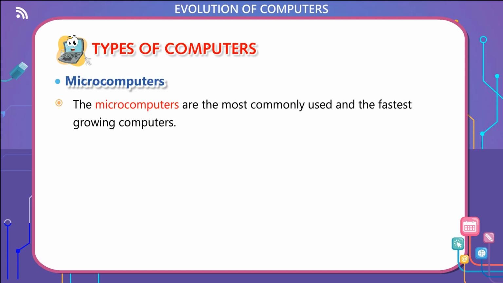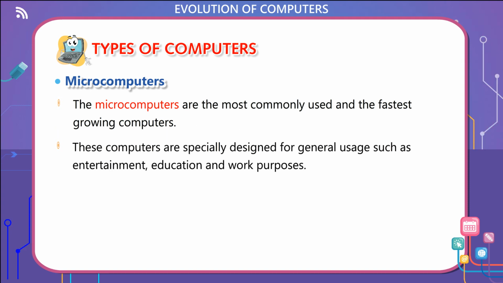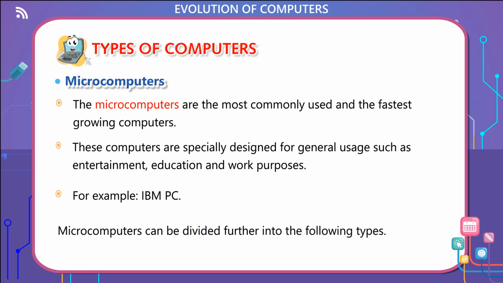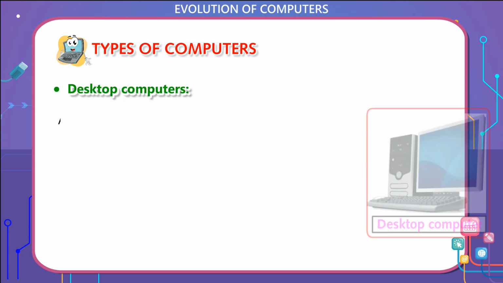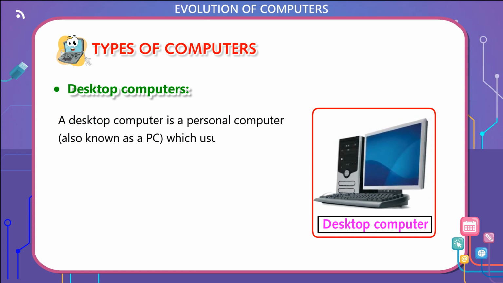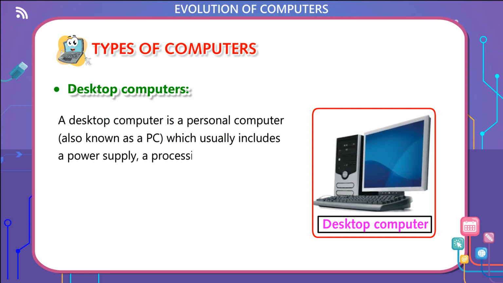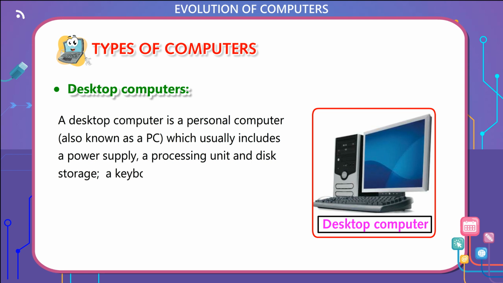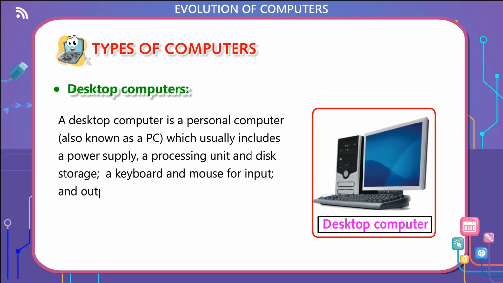Microcomputers. The microcomputers are the most commonly used and the fastest growing computers. These computers are specially designed for general usage such as entertainment, education, and work purposes. For example, IBM PC. Microcomputers can be divided further into the following types. Desktop computers. A desktop computer is a personal computer, also known as a PC, which usually includes a power supply, a processing unit, and disk storage, a keyboard and mouse for input and output devices such as monitor, printer, speakers,